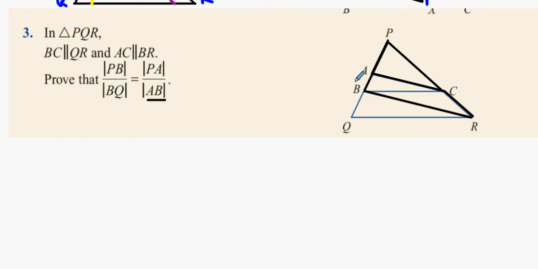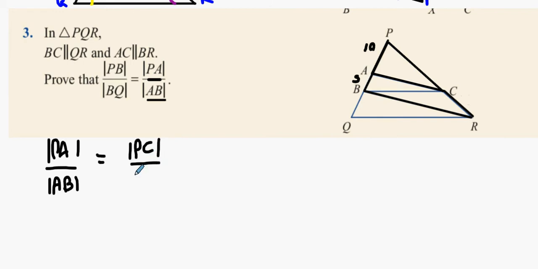So let's try this out. We're going to do P to A because P to A is also in the answer. So P to A over A to B, similar to the 10 divided by the 5, and that can be the 14 and the 7 from earlier if you want, is equal to PC over CR. Okay. Nextly, we're going to look at this triangle here, which actually has the same trick as the last one. Okay. We can say that it's PB